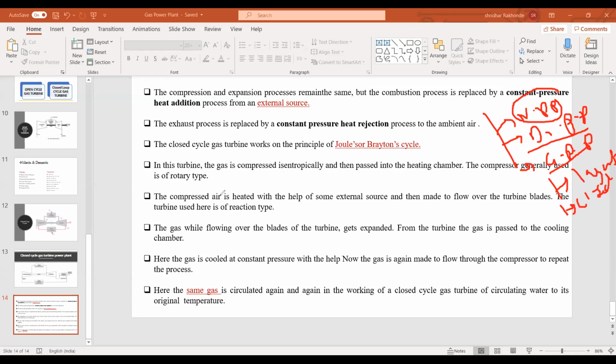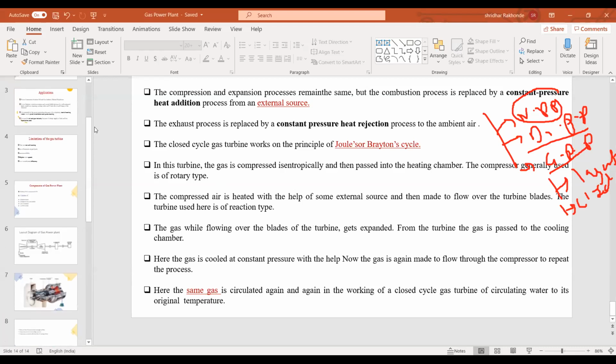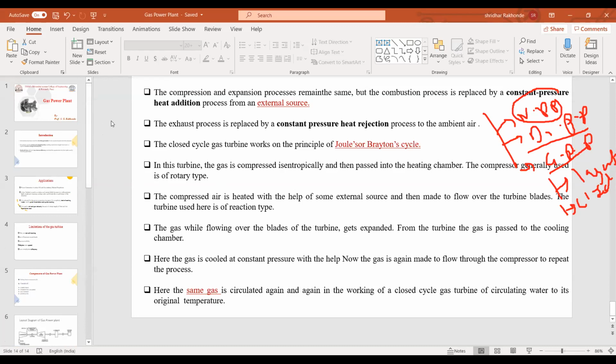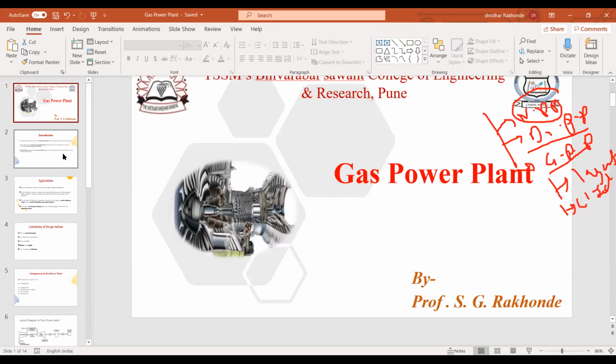After that, tomorrow I will provide you one assignment, so try to solve this assignment. I give 5 to 6 questions in your assignment, and these questions are basically repeated in the exam, which were asked in the last 5 years. So everyone, write the assignment properly.